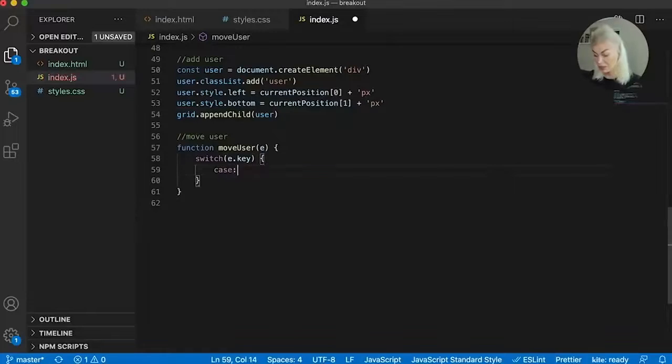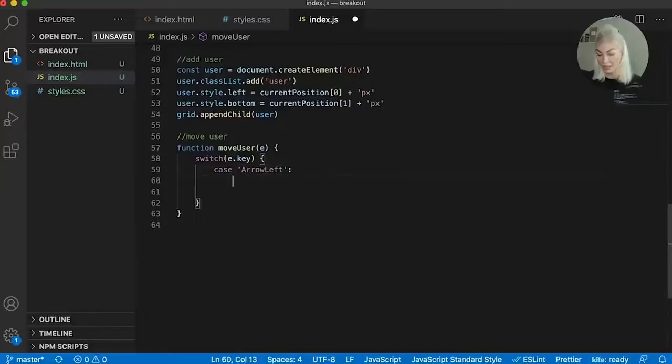So this is how you write a switch case. You would pass in something here, and if it equals the case, then you execute the code, and then you break out of it. So if you haven't looked at switch cases, please do, but this is what we're going to be using. So I don't know how many of you know about keys on your keyboard, but essentially, if what I'm writing here, so case arrow left, so I'm passing through the event, and if I click a key on my keyboard and the value assigned to that key is arrow left,